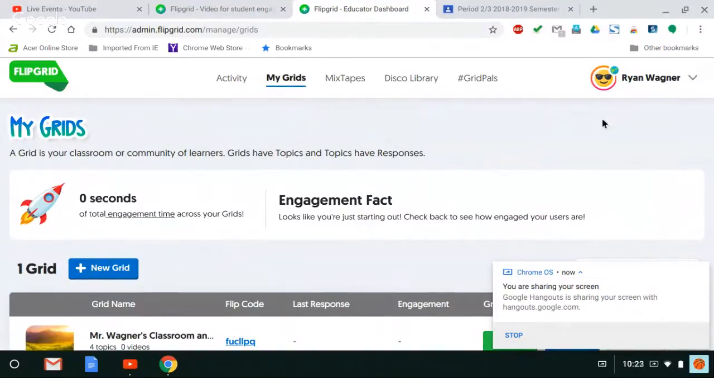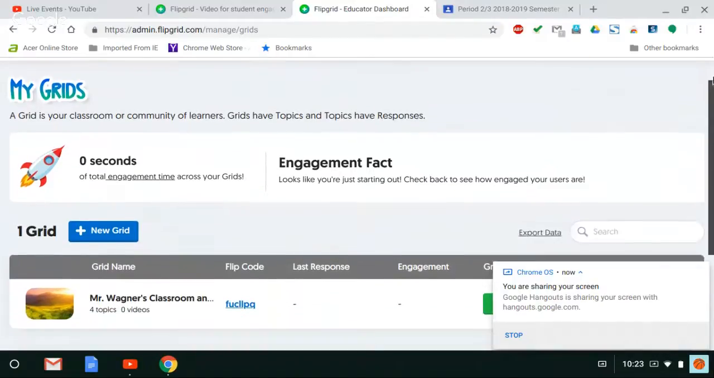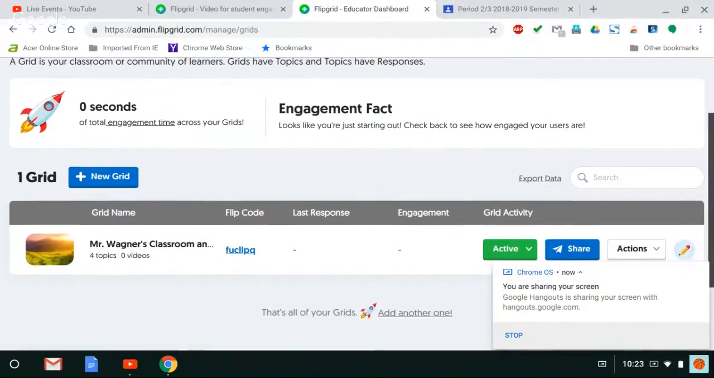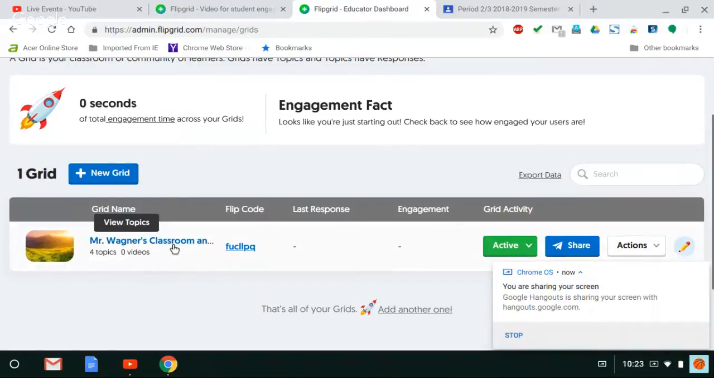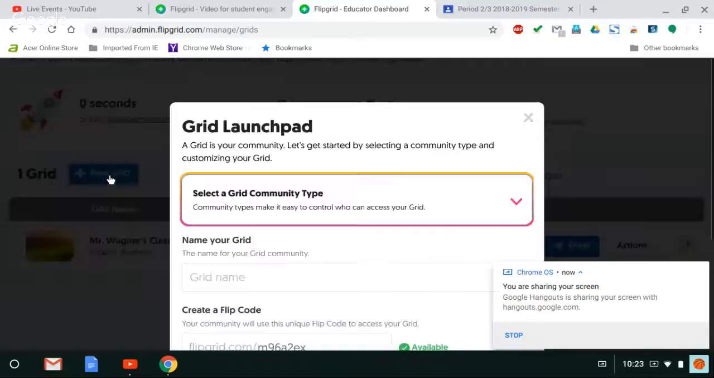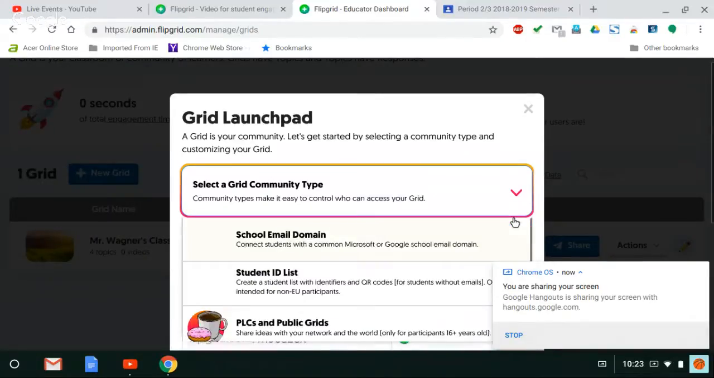So here's your layout when you first go in, and it's got interesting vocab to describe things that you're kind of already used to dealing with in Classroom or YouTube or whatnot. As you scroll down, a grid is kind of like a class. So this is the class for my workshop. And if I want to add another one, I push new grid. And this is going to be school email domain related